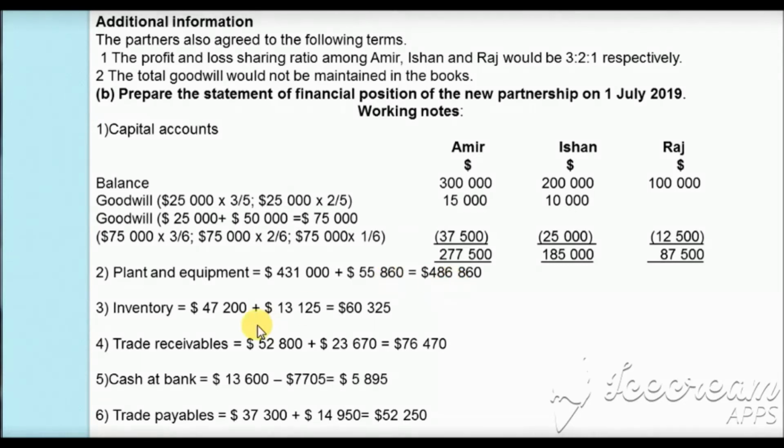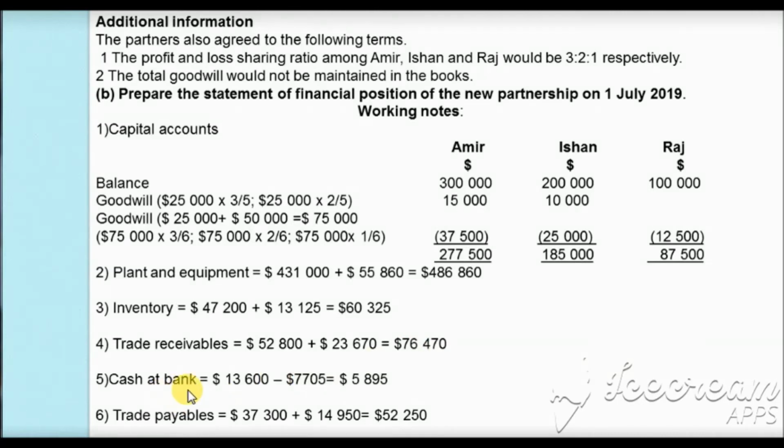So the value for plant and equipment for the new partnership firm will be $486,860. In the same way for inventory, the value for Amir and Ishan's partnership firm was $47,200, and the revalued value for inventory for Raj's sole trader business was $13,125. So when you add both, you will get $60,325 as inventory for the new partnership firm. Then for trade receivable, it is $52,800, which was the value of trade receivable for Amir and Ishan's partnership firm, and the revalued value for Raj's business was $23,670. So when we add this, we will get